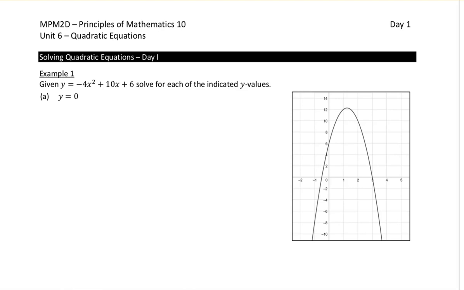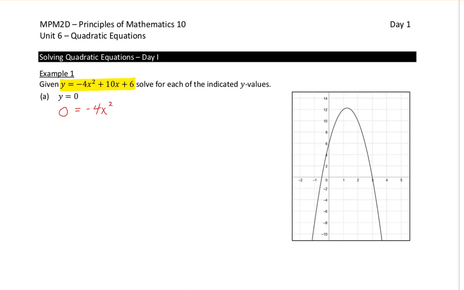And we've been doing this a little bit, so we're going to have a bit of a warm-up. In our first example here, it says, given that we have the equation y equals negative 4x squared plus 10x plus 6, solve for each of the indicated y values. Okay, so in A, it says our y value of 0. All that means is we're setting this equation equal to 0,